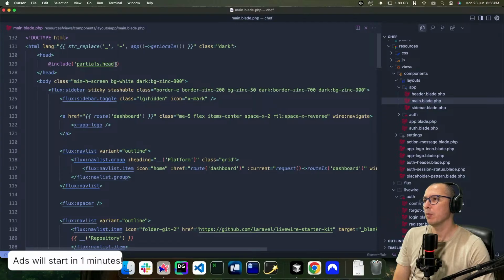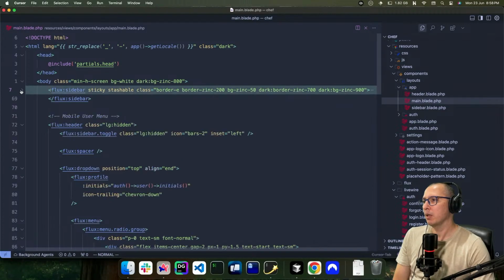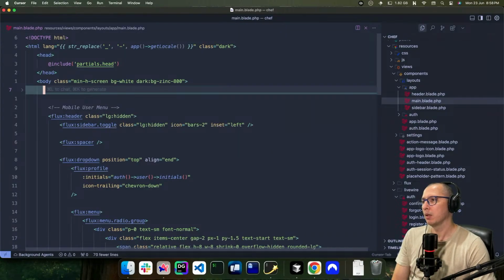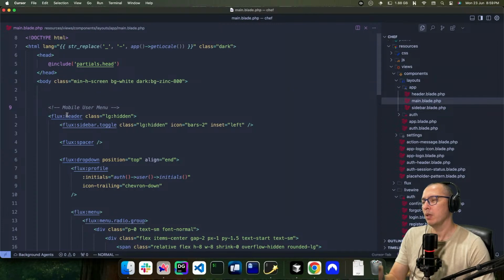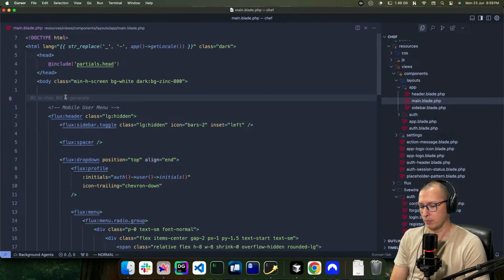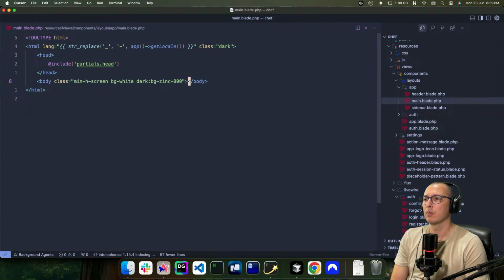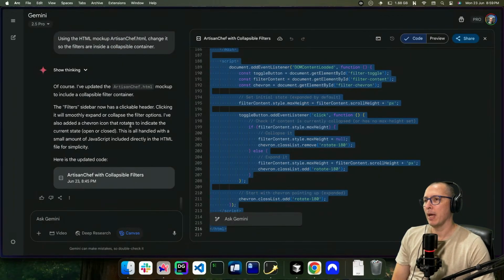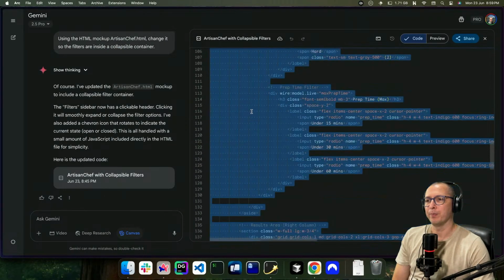I'm gonna keep the partials head in there, but everything in the Flux sidebar, don't need. Or the user menu, everything inside the body actually. That I can take from here.